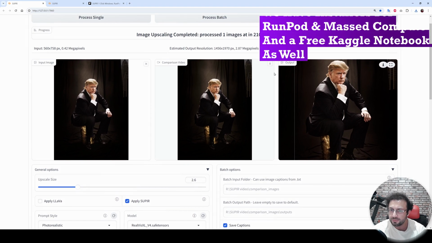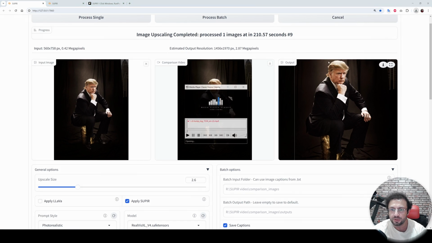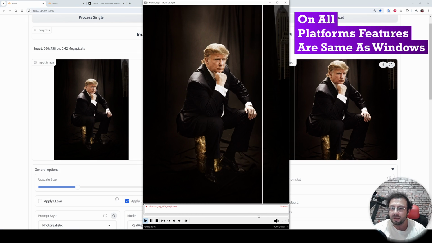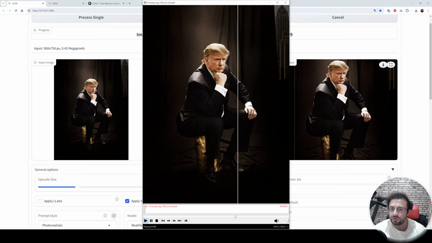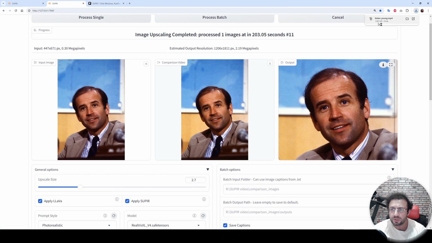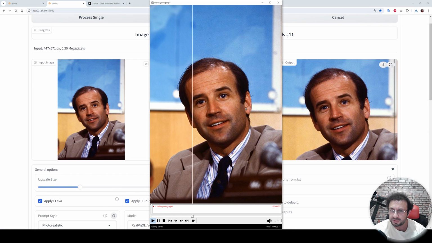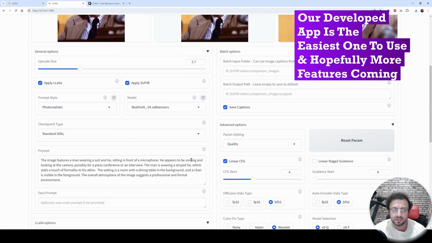We have so many new features. For example, we are able to generate a comparison video immediately like this, and as you are seeing right now, it is a video with any resolution, FPS and duration that you can generate. This upscaler also has so many other features that are embedded. I know that there are some workflows for ComfyUI, but this is very easy to use.